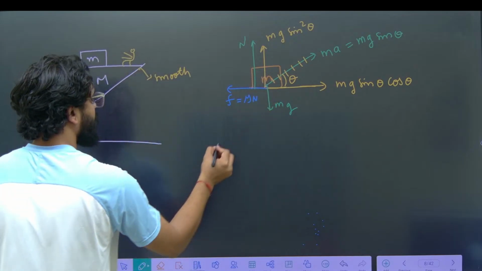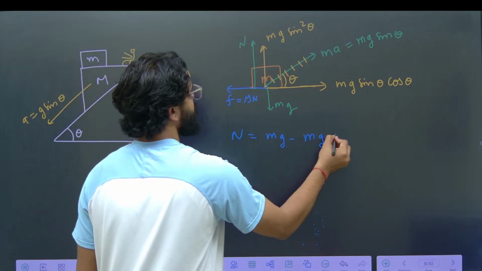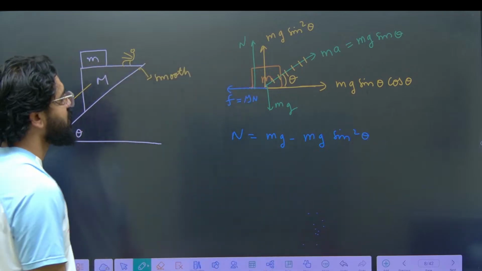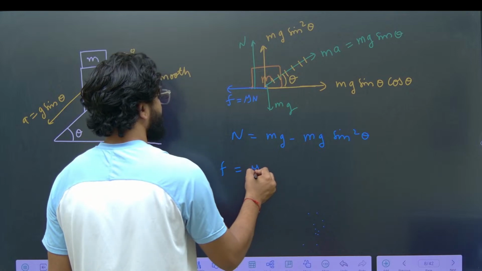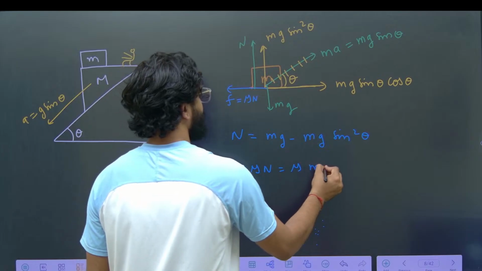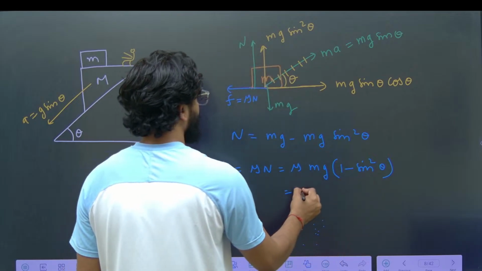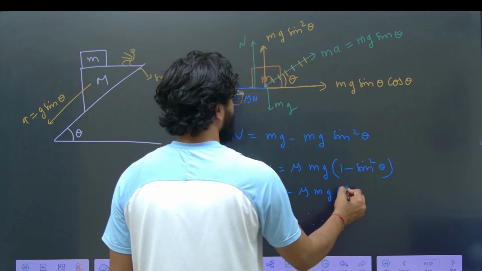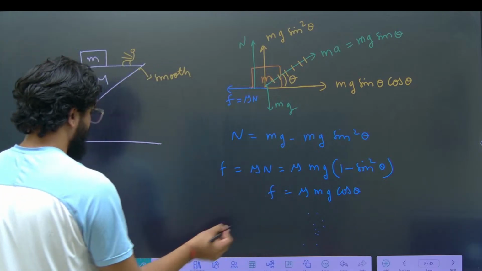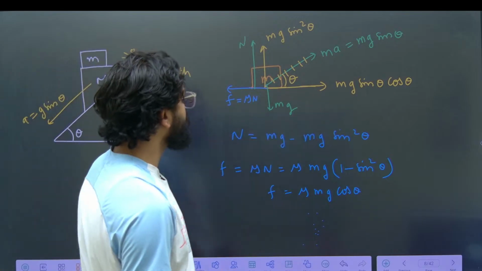Okay, so N we can write it as mg minus mg sin square theta. Correct? Okay, so friction we can write it as mu N, which will be mu into mg, we can take it as common, 1 minus sin square theta. Okay, 1 minus sin square theta will become mg cos theta. Correct? Okay, so the friction is coming out as this, and it has to balance this force, which is mg